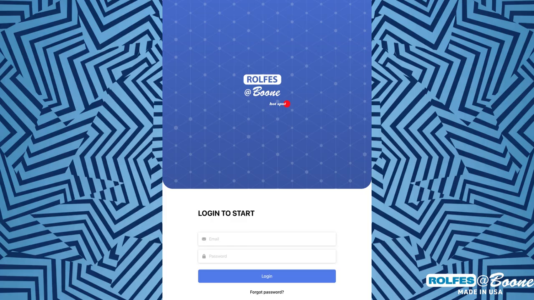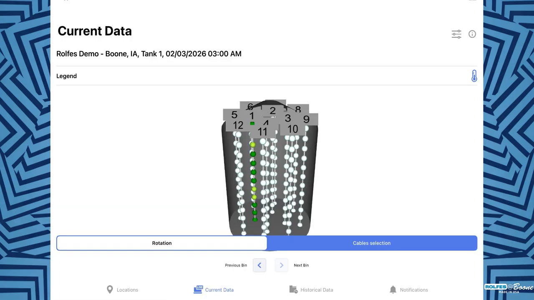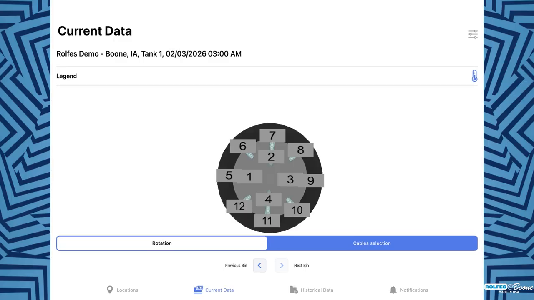You can begin by entering your login information and then continue. The first thing that will pop up will be your current reading. You can use your finger to change the orientation of your storage system. If you position yourself to look straight down on the bin, you can see where your cables are inside of